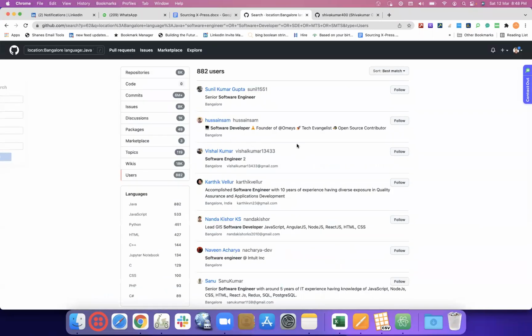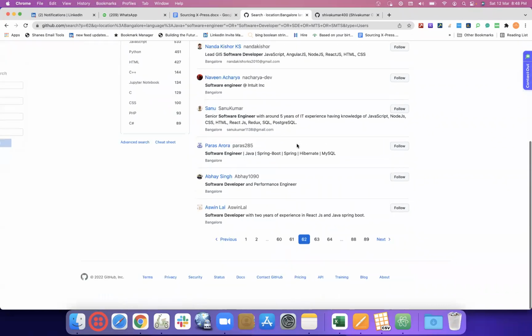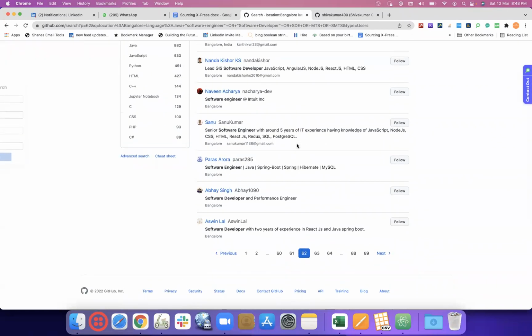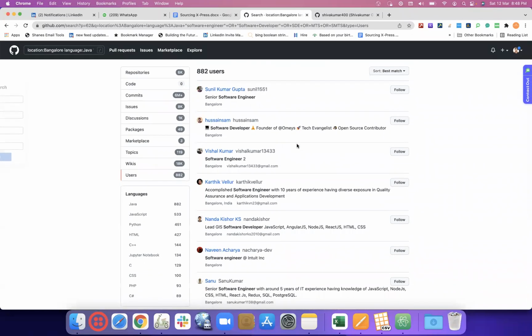Anyways, most of them has mentioned. So let's move on in the interest of time. You might see one or two results, but just for a note, they would not necessarily have written it in the bio, though you might get such results. Once you open the profile, you'll be able to see those particular words appearing somewhere on their GitHub page. It could be their repositories or it could be anything.